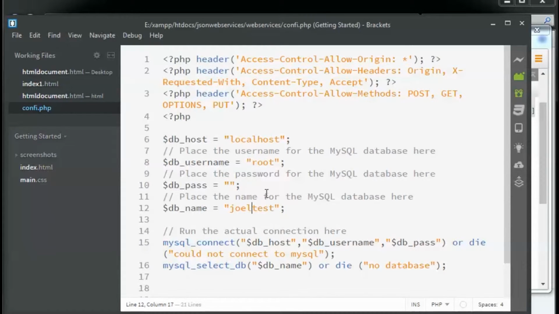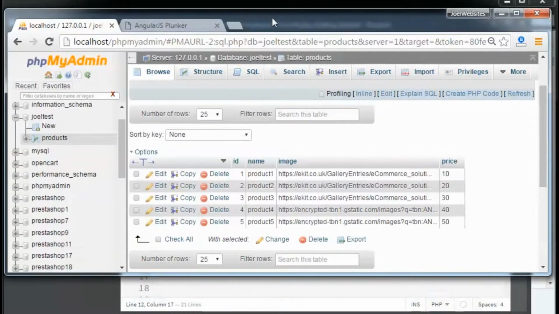You just need to make sure that the database name is correct and so on. So let me try opening the database connection file and see if there are any errors or anything as such.